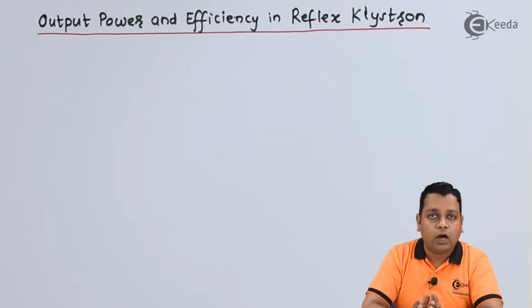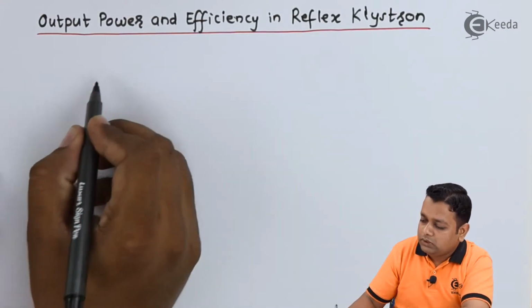generated. Now, in the earlier video, with the help of the Applegate diagram, we have taken the cases of three electrons: the early electron, the reference electron, and the late electron. That are the accelerated electron, reference electron, and decelerated electron. The reference electron is actually the center of the electron bunch. The transit time for the center of the electron bunch we have formulated in the previous video. That equation we can use.